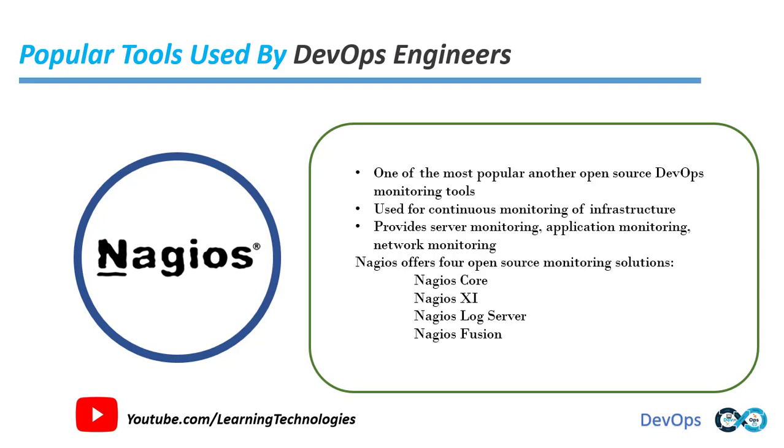This way, you can forecast outages and errors and detect security threats. Nagios is used for the continuous monitoring of infrastructure. Nagios provides server monitoring. We can monitor a whole data center from a single server. We can see whether switches are working correctly, servers are not bearing too much load, or if any part of